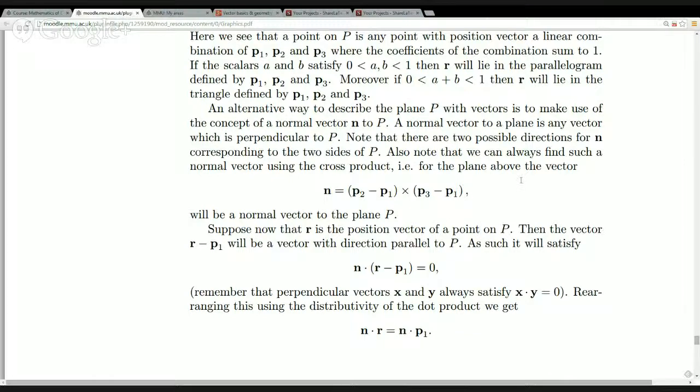Moving from our previous description, we can find a normal direction to the plane by using the vector product. So you could think of the vector n as being the cross product of P2 minus P1 with P3 minus P1. But also, if you have a plane P here, you've got a reference point P1, and you've specified the normal direction to the plane. So these are all right angles between the direction vector n and the plane P. Then if you're talking about any old point R on the plane,